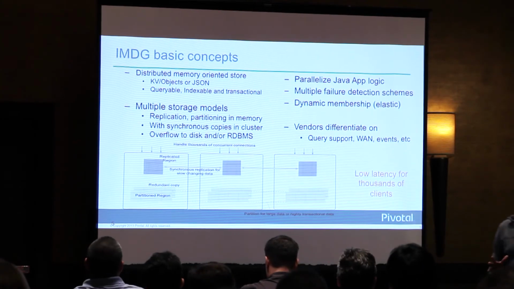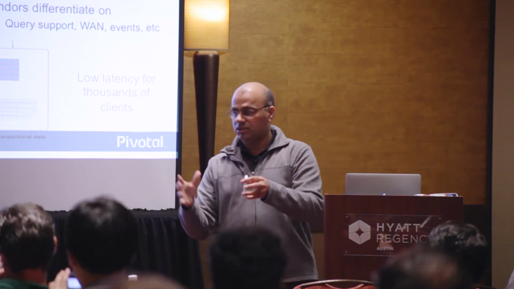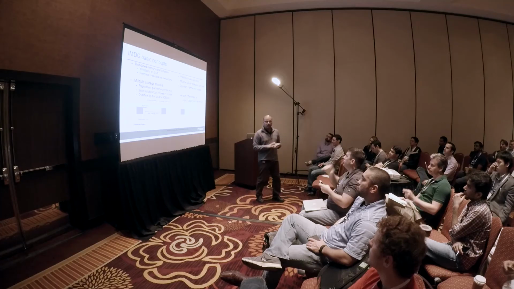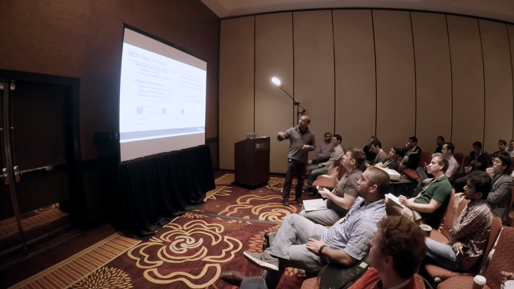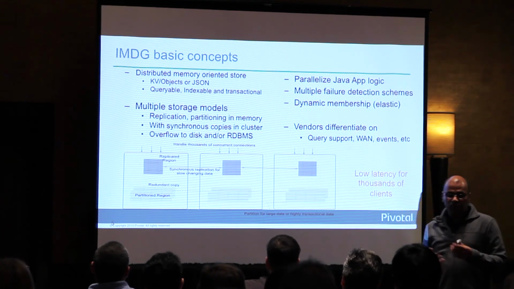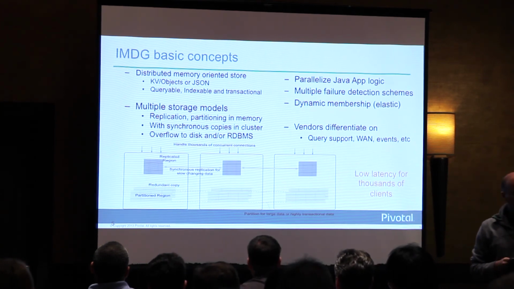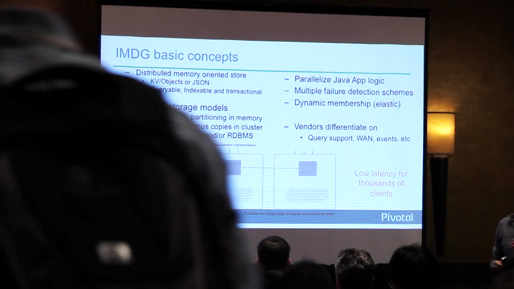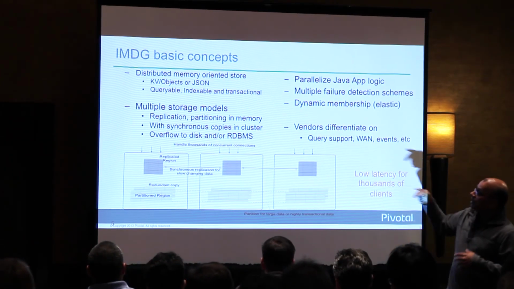So some of the basic concepts when we got started with this product was the idea that it was a key value store. So you had an ID and you had an object associated with that ID, which seemed very natural to most application developers. We wanted the store to be queryable. Obviously the idea that you have a map-like API that you can use to fetch objects, and you can do high insert rates, is great, but you also need some kind of a querying subsystem which is indexable and also needed to be